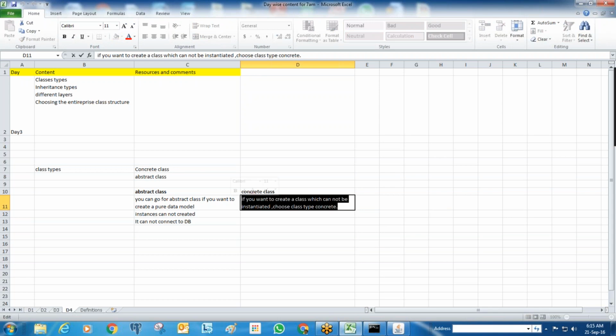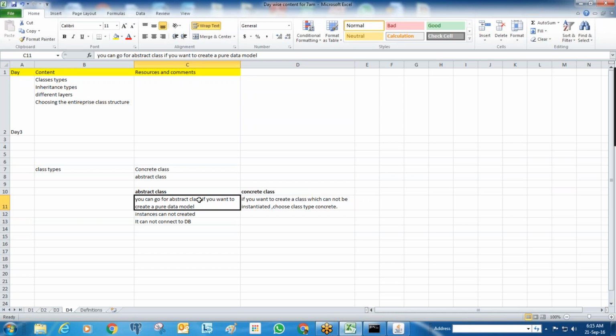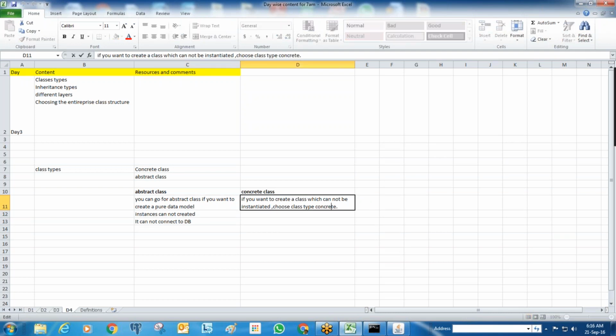Here you can create any number of classes, any type of classes in the concrete classes. Here I am saying pure data model, so no other rule should be there, only the data model, whereas a concrete class accepts any number of any type of rule. For abstract classes we cannot create the instance of that class. But if something can be instantiated, then go for concrete class. So 99% of people will choose the concrete class; only base classes will be of type abstract.